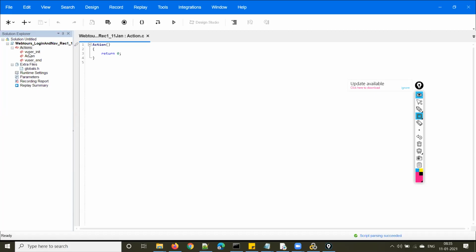Right. So let me start recording now. By default, you see here that Action.c will be selected. It will be shown here. And this is the record button. If someone is using previous versions, I think Sharmila has version 12.6, you see a red color record button, right? Can you please launch Vusion, everyone? And also please launch the WebTours application as well. Once you launch the script, click on this record button.